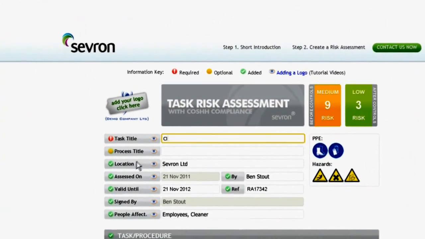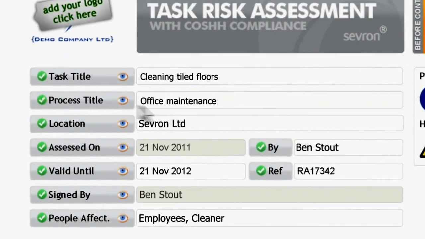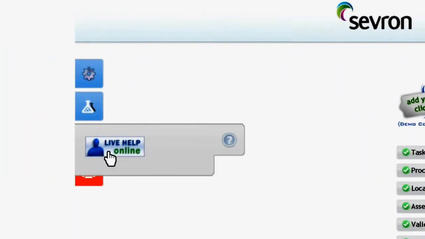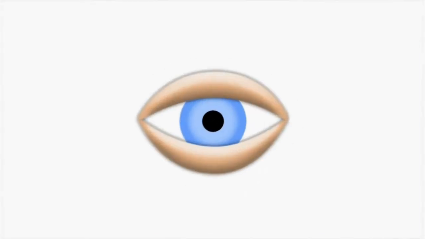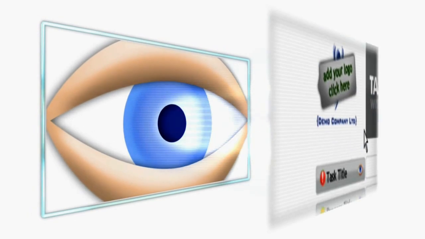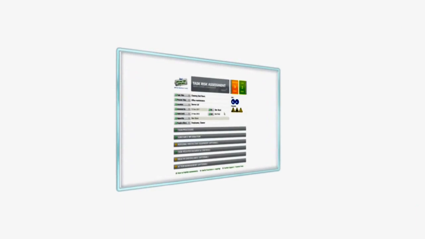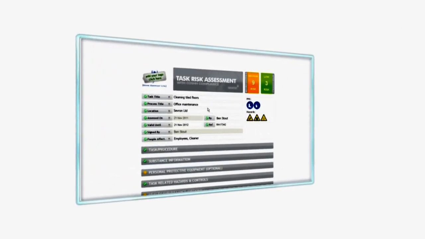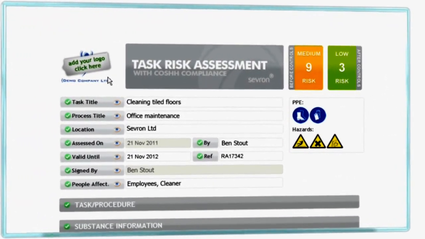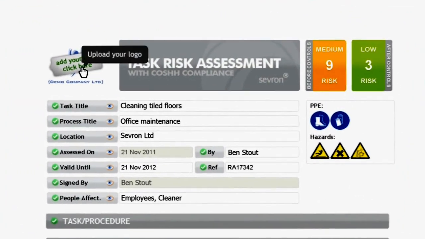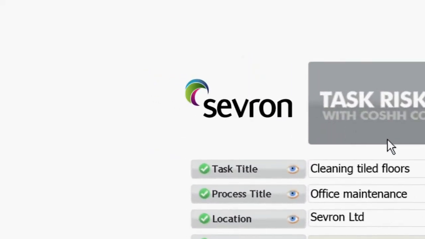Sevron's task-based risk assessments use an easy-to-follow form with helpful guidance and provide online chat support, including short, intuitive video tutorials to quickly bring your users up to speed with minimal training. Users will benefit by using one easy-to-follow risk assessment form to produce all task-based risk assessments, including a task-based COSHH assessment. With Sevron, you can upload your own company logo or those of your clients, as it is important to